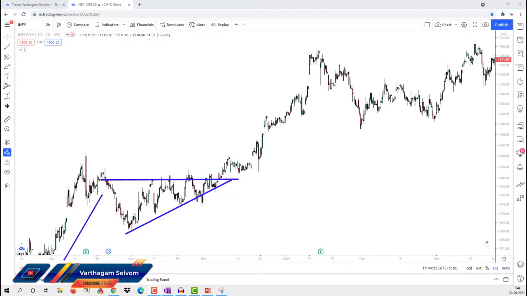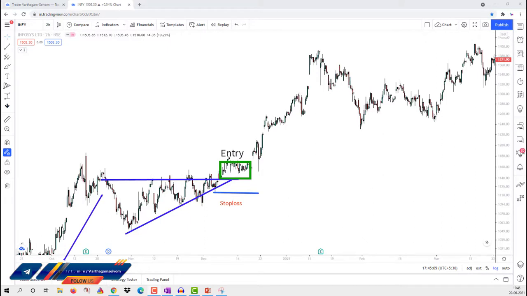The second condition is the breakout and retesting zone. So here is the place for the breakout and retesting zone. We have to take entry in this zone only. Your stop loss should be this level. Your target will be the length of the triangle pattern like this. Now you understand the ascending triangle pattern for the bullish variant.